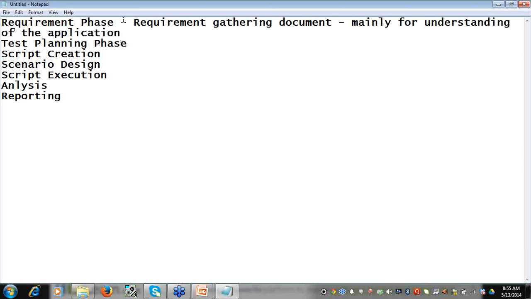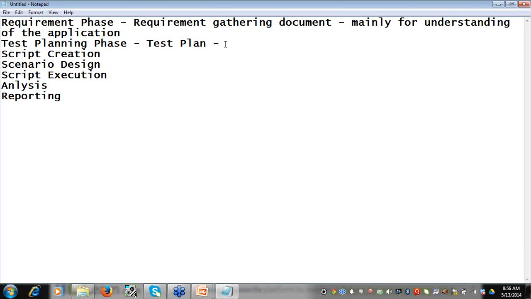Then is the test planning phase. Here we require a document called the test plan. Whatever information we gather, we put in the test plan.